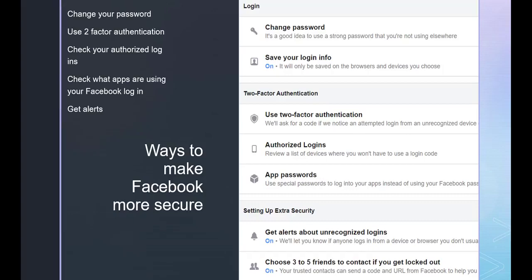If you save your login, you can determine where it's saved as far as the browsers and your devices. Do use the two-factor authentication. And what it is basically, you will get a code and it will say, here are these numbers. You have to go into your account and put those numbers in. So basically, it just gives you an extra step when logging in to make sure that it really is you